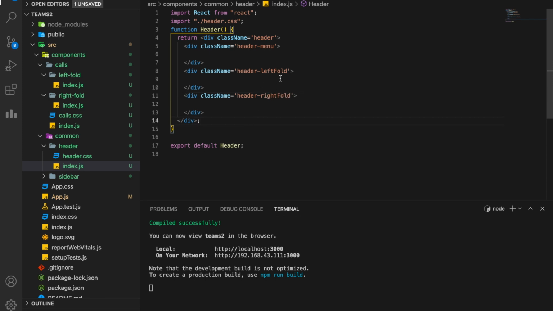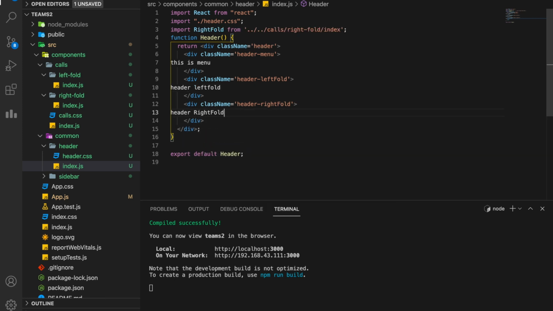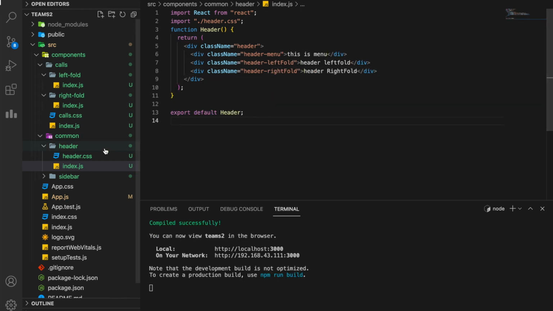Perfect. Now that we have these three things, let's call them here. This is the menu, and let's call that header left fold and header right fold.